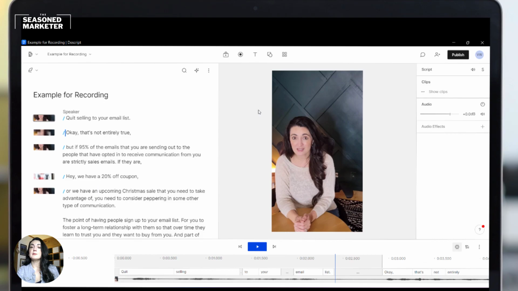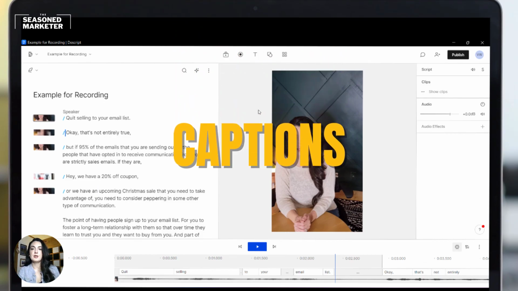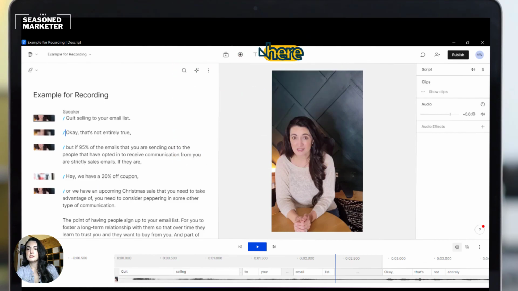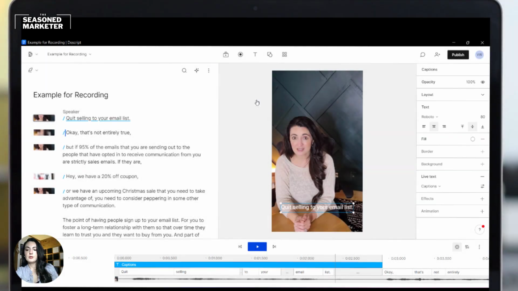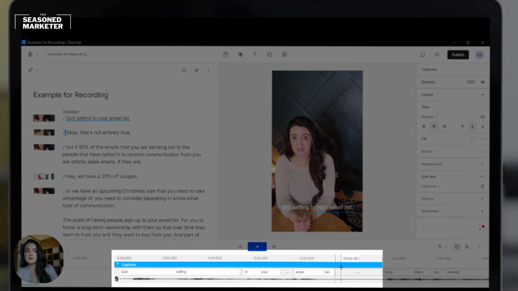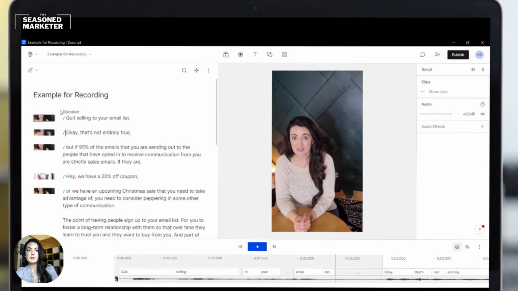All right, so now let me show you how to add captions to the videos. You're gonna come up here to this top toolbar, select the T up there that says text, and then select captions. Now, notice that it's added the captions to just this part right here because I think that's what was selected. So I'm going to delete that,